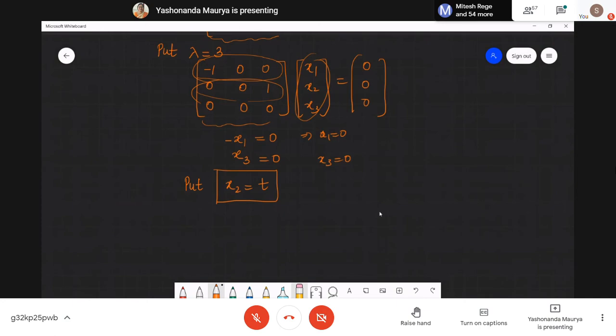Anyways, यहाँ पर और एक चीज थी. See, how many vectors are we going to get for this particular thing? Independent vectors. N denotes the number of variables. So how many variables we had? 1, 2, 3. So it is 3. And how many equations we got in this one? We got rank is equal to 2. So what is the difference? Difference is 1. So we'll get only one linearly independent vector.